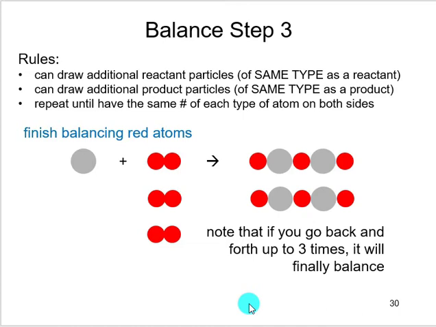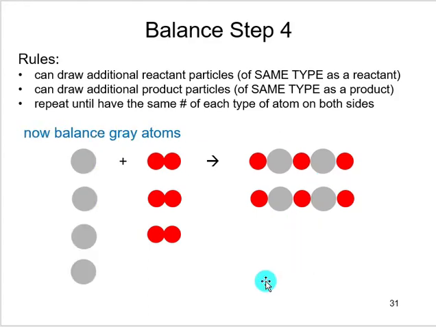You increase the other side, it's too much. You go back and fix it. Now our reds are balanced, but our grays are not. I have 1 on the left and 4 on the right. Okay, so now I'm going to balance the gray atoms by adding 3 more on the left, since that was